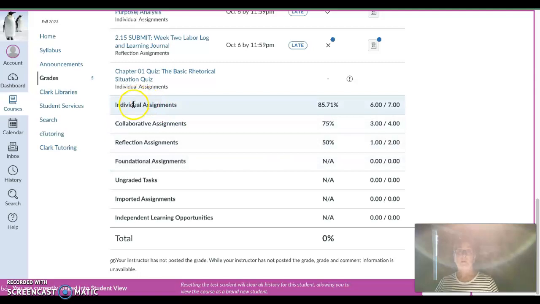And down at the bottom, you'll see our overall assignment categories: individual assignments, collaborative assignments, and reflection assignments, and foundational assignments. For each of these, you can see how many there have been total. There have been 7 individual assignments. This test student got 6 of them for complete assessments, which gives them overall 85.71% so far. For collaborative assignments, the person's gotten 3 out of 4 completions, so 75%. For reflection assignments, only 1 out of 2, so that's only